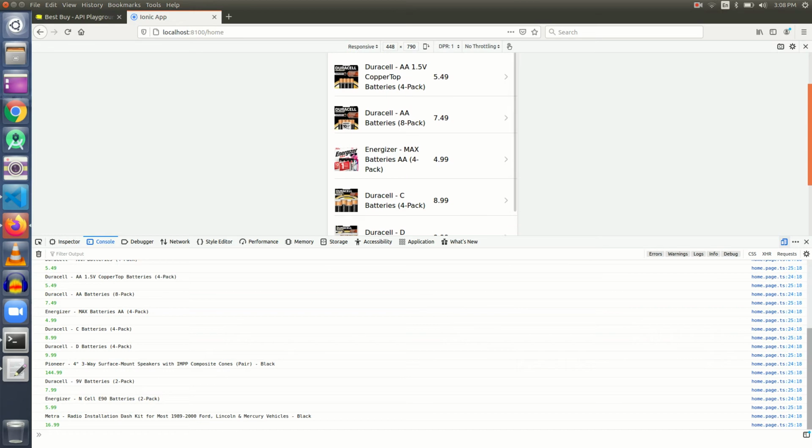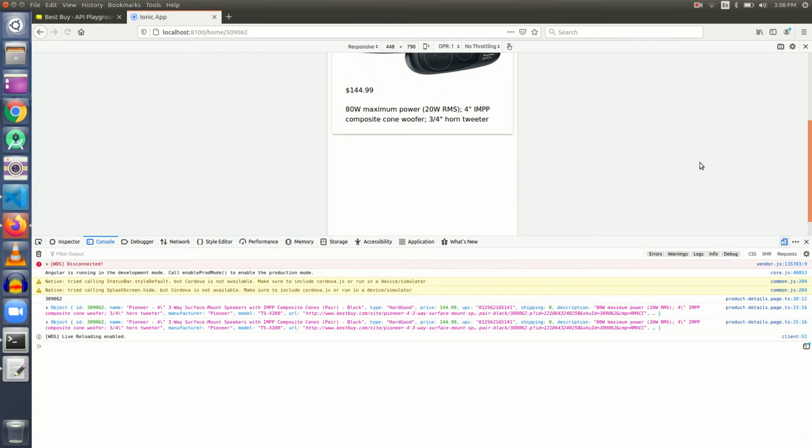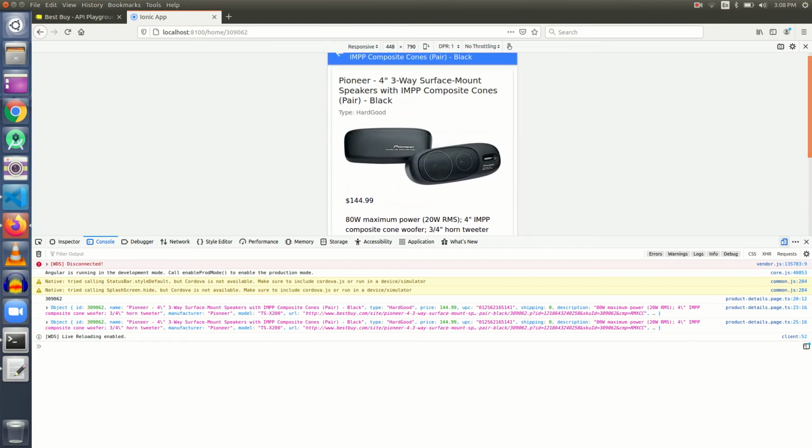Let's click on any one more item, Pioneer, and we are getting it. Okay guys, so we have achieved what we wanted. So this series on displaying a dynamic list and displaying the product description on a different page is complete.